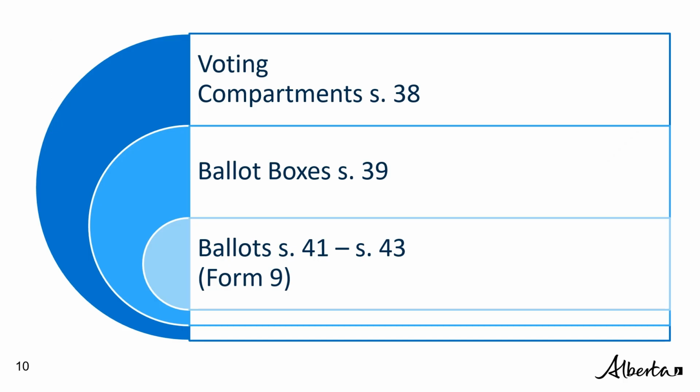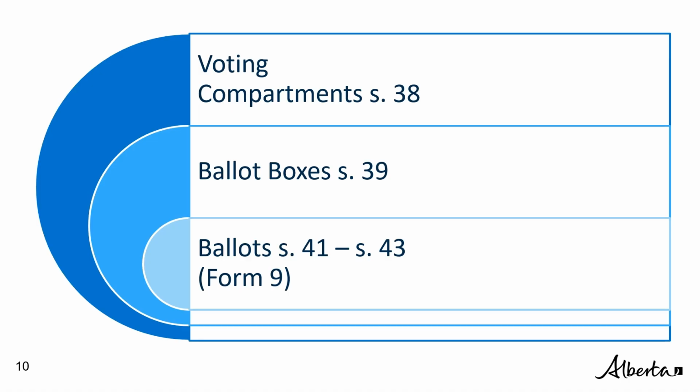Let's talk about some of the things you'll need to have ready for conducting the vote. It's a good idea to have all your supplies ready well in advance of election day. Every voting station must have at least one voting compartment at which electors can mark their ballots in secrecy and without interruption or interference. A compartment must include a table or desk with a privacy screen and a pen or pencil. When setting up your voting stations, make sure no one can see how electors will be voting. Election staff should also regularly check that no one leaves any written material or writes anything in the compartment.